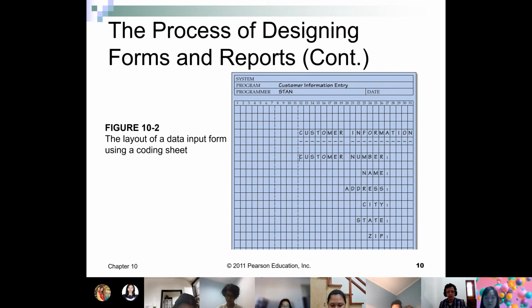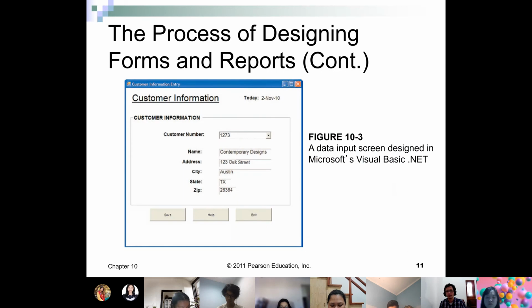So if I changed my application to say a 17 inch or 20 inch monitor, I needed to recalculate the design of my form, the coordinates of all those data points here. Nowadays, it can easily be translated into this. This is a form design using an application called Microsoft Visual Basic.NET. And there are plenty of other form design tools.